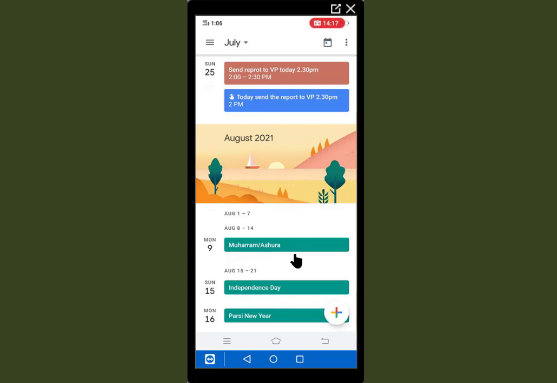I am showing this only for the calendar setting, but the problem is this notification will come as an SMS or a notification in your mobile, only that much. There is no sound, there is no ringing alarm. So we are going to add one ringing alarm to this Google Calendar. The mobile will ring according to its time. For that we have to go to the Play Store and install one third-party application.